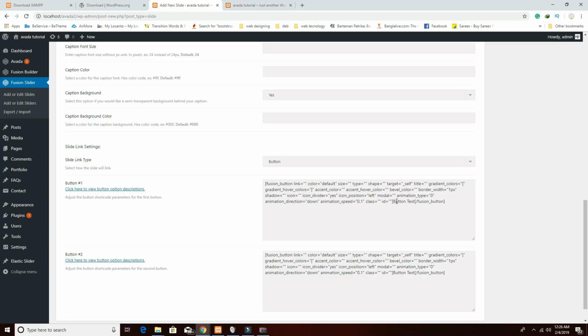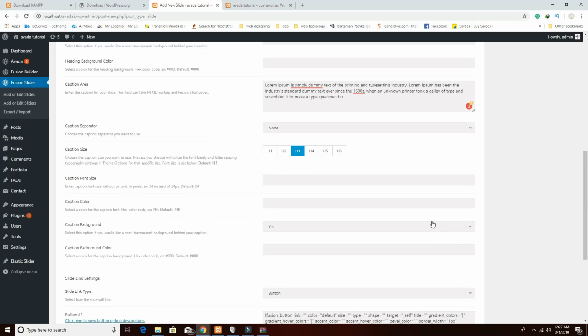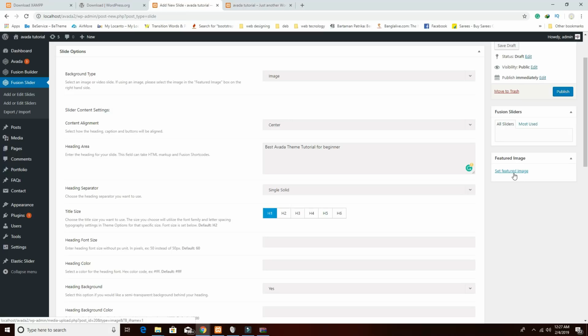and let's change this text of the bottom. So what to write, like no more or something. Here also change that bottom text like about us. Okay, and set the feature image,